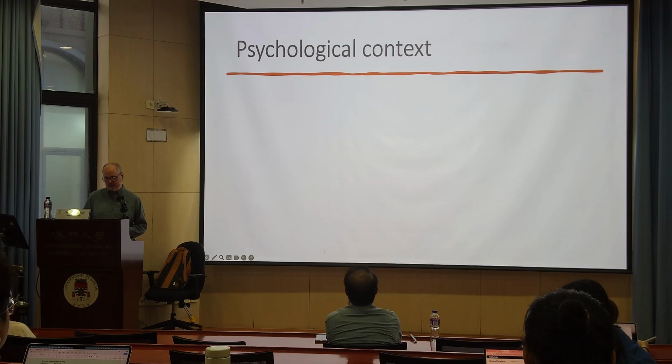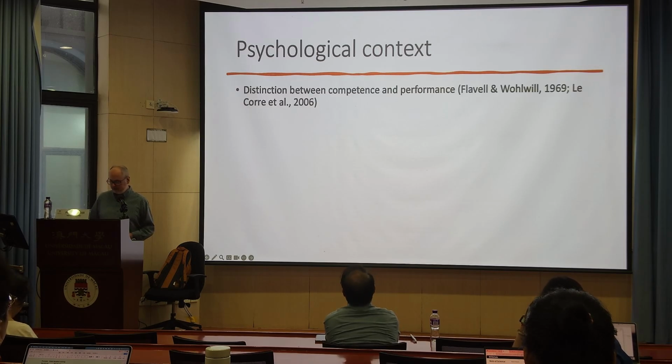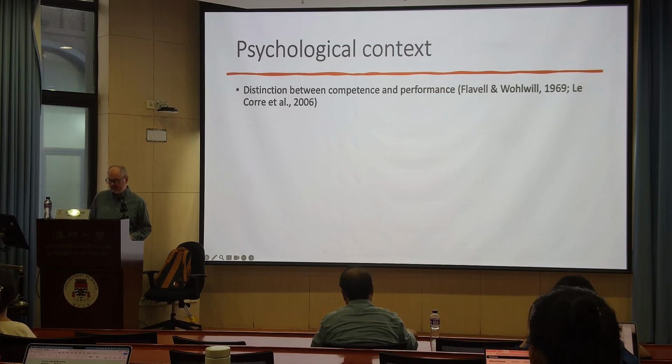And finally, situating this work in the discipline of psychology, we find several research traditions that strongly relate to and provide grounds for our investigation of flexibility. First, there's a long-standing distinction in psychology between what psychologists call competence and performance, where essentially competence is what you know and performance is what you're able to do. There's compelling evidence that students possess knowledge that they are not consistently able to utilize in what they do. In other words, psychologists would argue that competence tends to precede performance, and I think this is true for flexibility